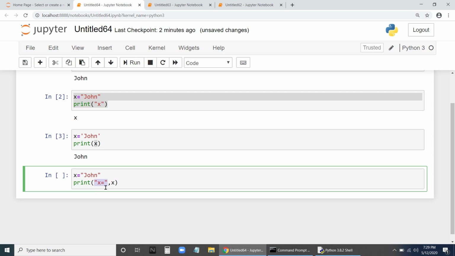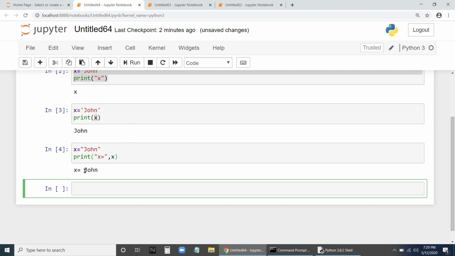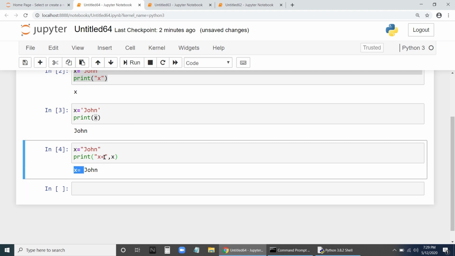X equal to will be printed as it is, and this will print the value of x. So it's going to print x equal to John. Run it. See here, x equal to John. This x equal to is printed as it is, that we have supplied here. This is a string, and it will be printed as it is. Now this x has given the value of x, that is John.